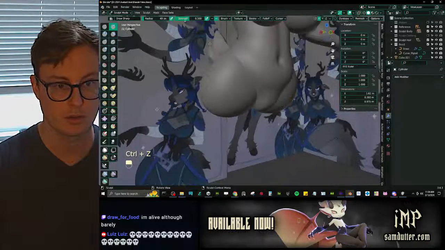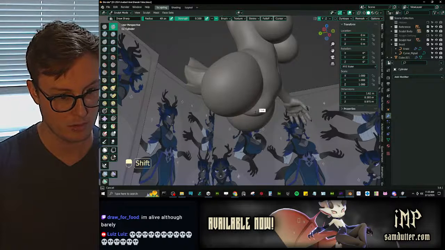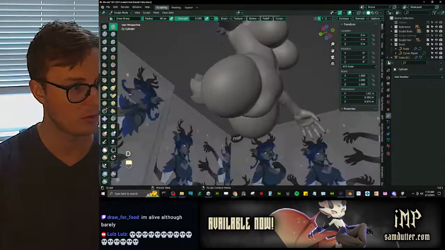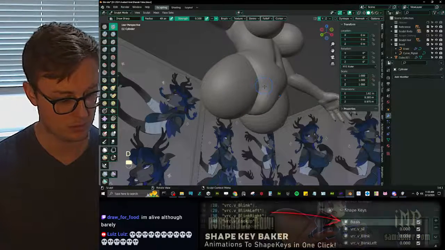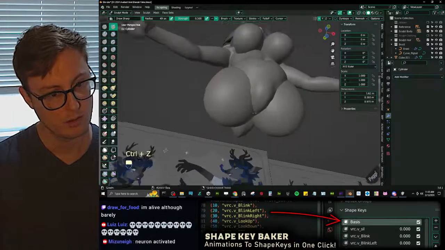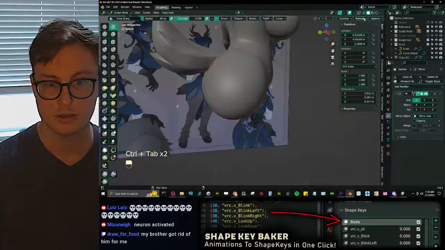Huh. Doesn't appear to be working properly. Alt and, why isn't that working right? It's because this